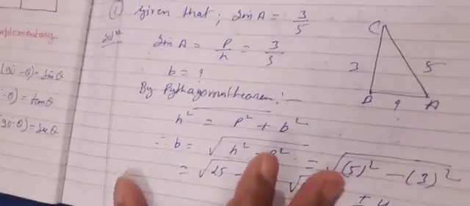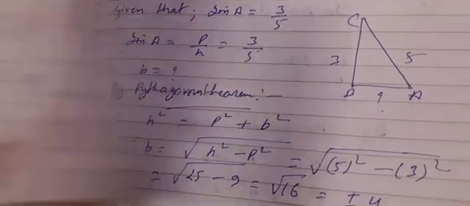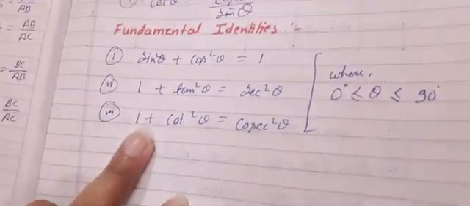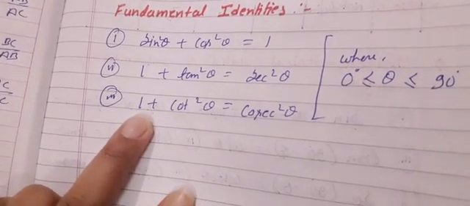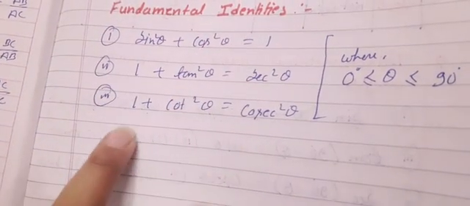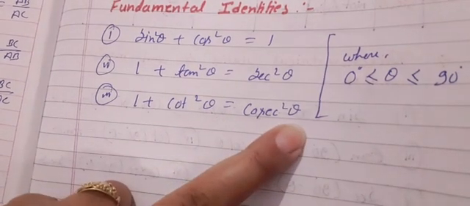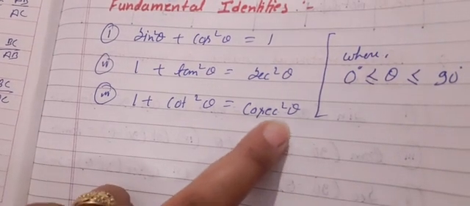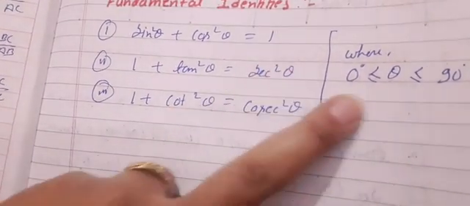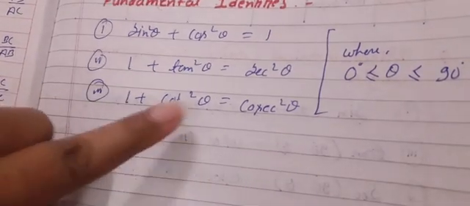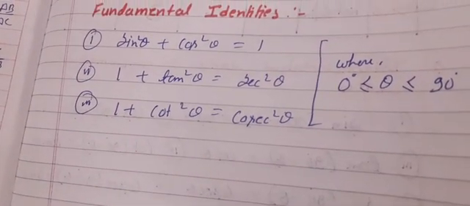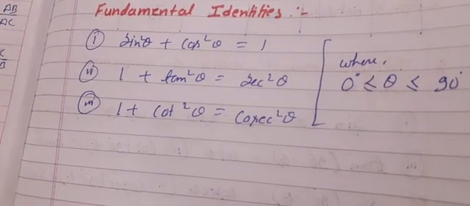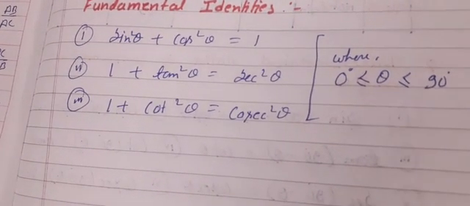I'm showing you where I have explained this formula. In the first video of this chapter, in fundamental identities, I have written 1 plus cot square theta is equal to cosec square theta. So when you want to find the value of cot theta, it is cosec square theta minus 1, and the square becomes the under root sign. How this formula came is explained in another video, which is shared in my description box, so please go through that also. That's why I'm using this formula.